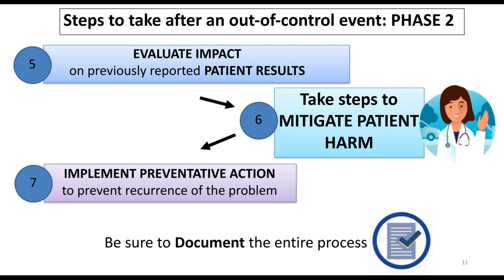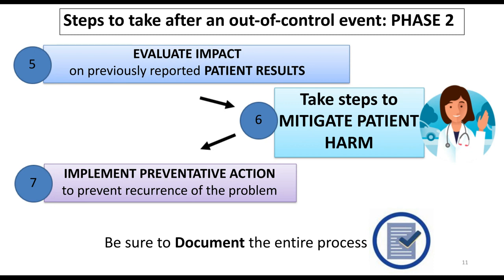If we're running QC every 12 hours, for example, and we have an out-of-control event, the actual analytical measurement problem could have happened 6 hours ago, and we've been reporting erroneous results without realizing it that whole time. This means that previously analyzed patient samples need to be reanalyzed after corrective action and evaluated to see if the magnitude of the original error was such that the error could have caused a clinical impact, like wrong patient treatments based on the erroneous results.